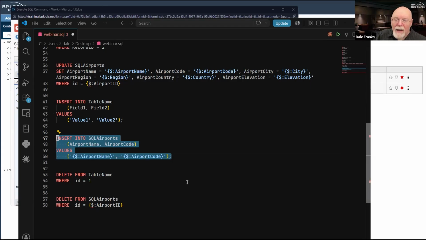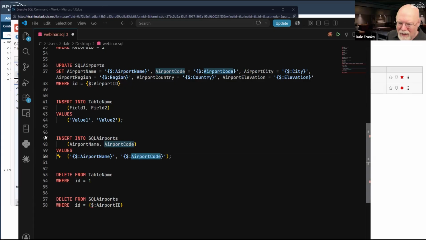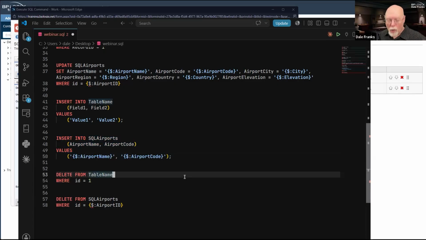In this case, I'm already giving it the airport name and the airport code. So I think in a normal database we'd probably be good, because it would need the airport code, which is the unique value that identifies each airport, and it needs the airport name. Those would probably be required fields. Would region or country or city be required? Yeah, maybe, maybe not. But in most cases, I would say that these would be the 2 required fields. So this would work. Or, of course, if there were no required fields, this would work.